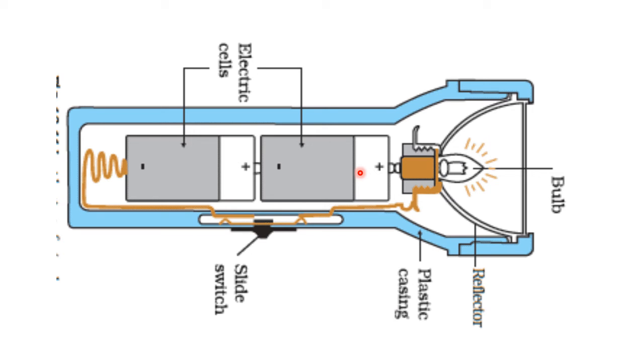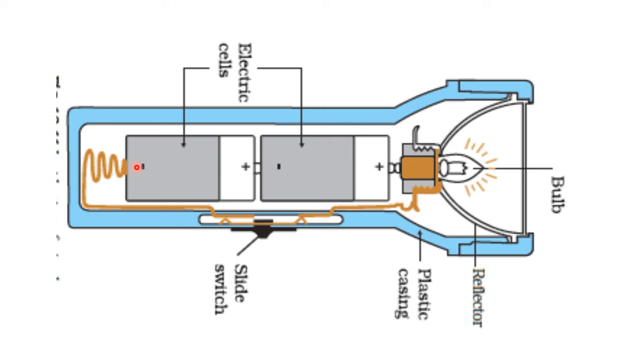So you can show here how it is happening. From here the charges will flow. Then it will flow from here and go from here, reach the switch, and again go to the bulb. So what will happen? The bulb will glow. It will light up. Here you can see a continuous path, a continuous flow of electric current. So we can call this circuit a complete circuit. There is no opening, no break. So it is a complete circuit.